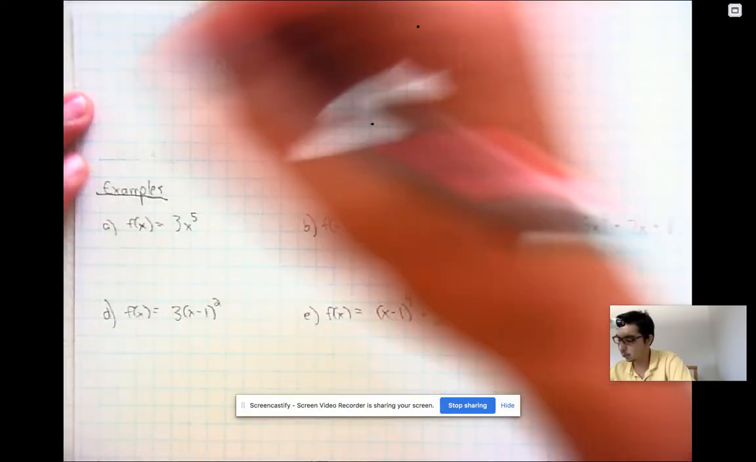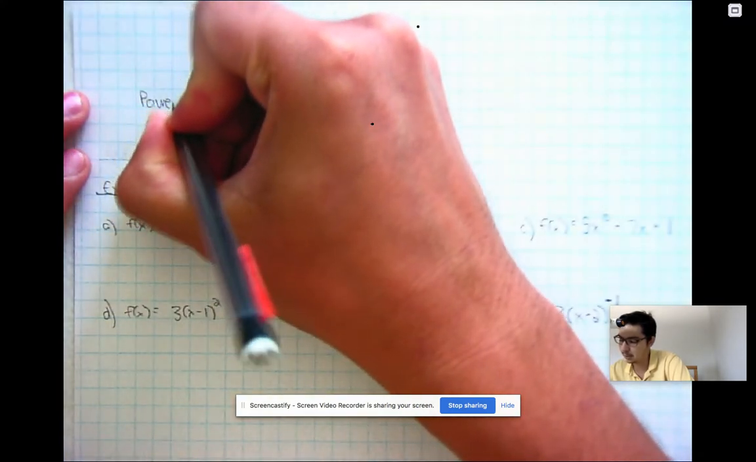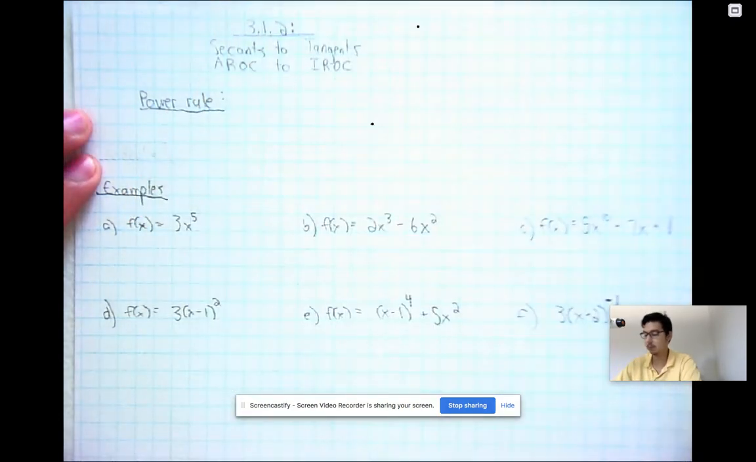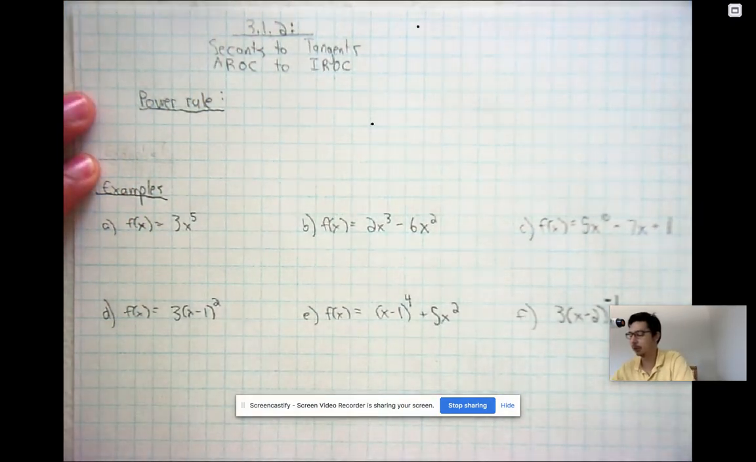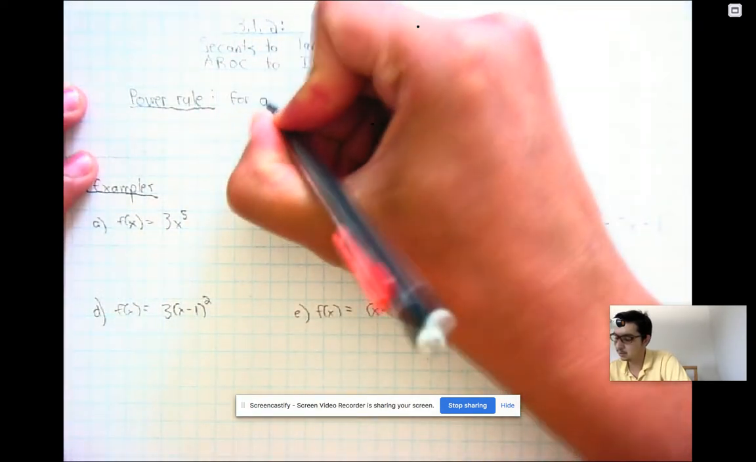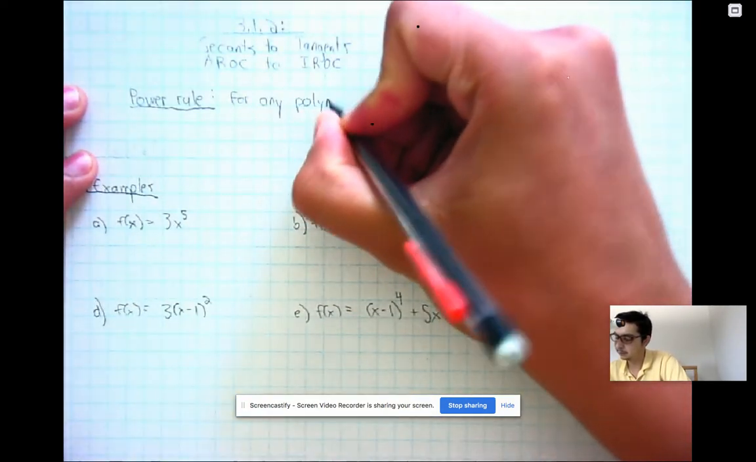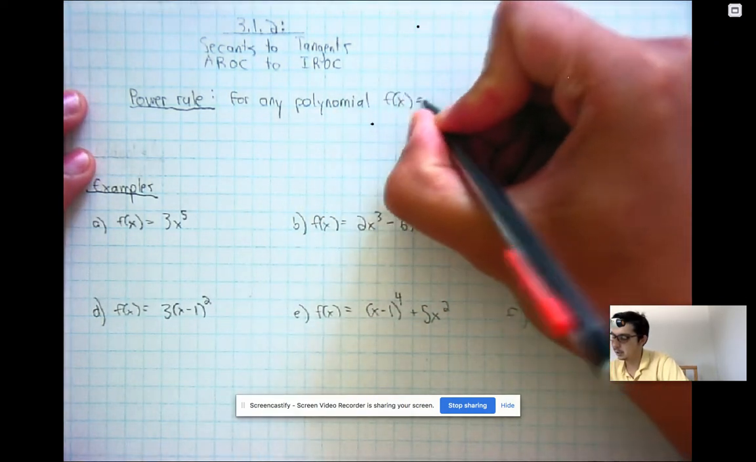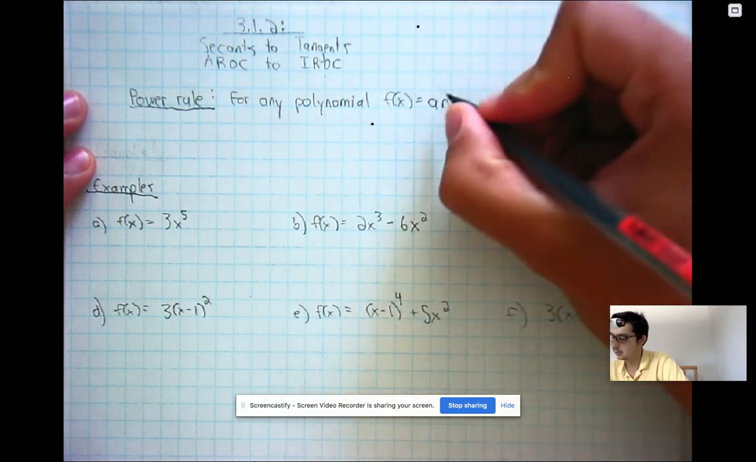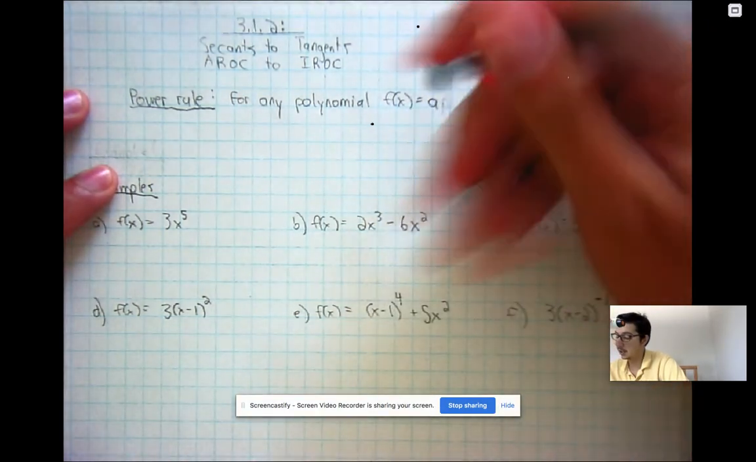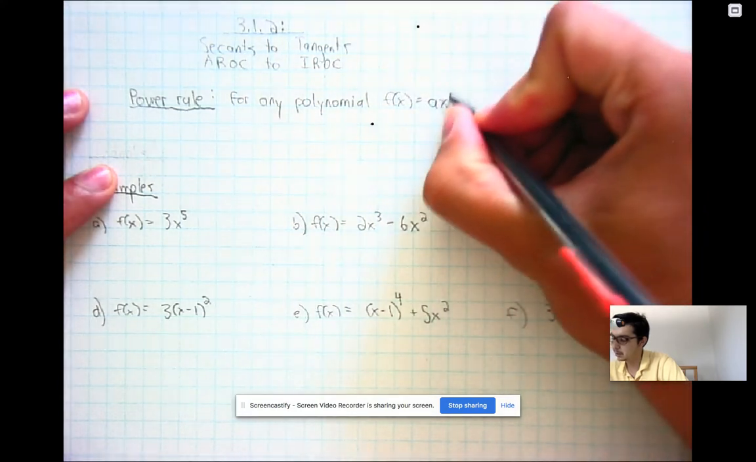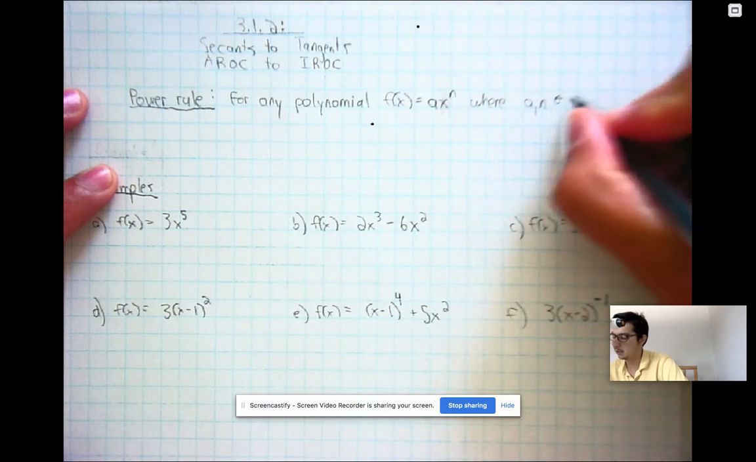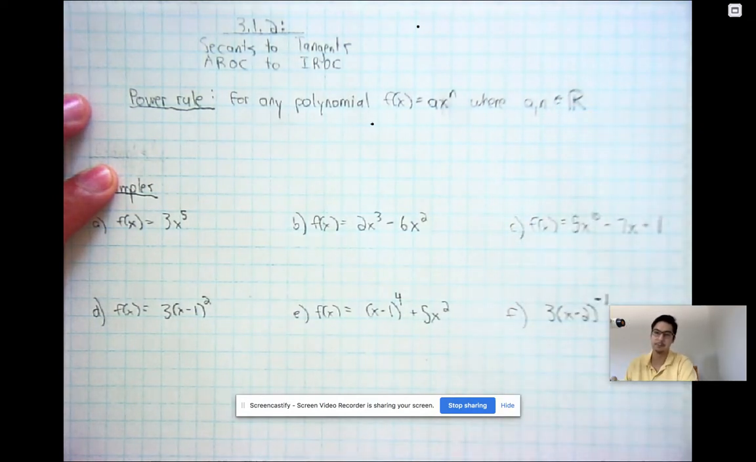But first things first, a recap from the last video: we now know the power rule. And this helps us get the slope function for any polynomial. So for any polynomial f of x equals a times x to the nth power, where a and n can basically be any real number,